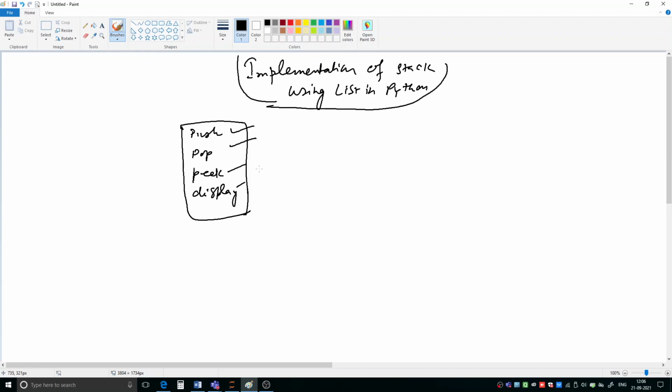And after completing all these separately, we will be doing one complete program that will be the menu driven program, where in one program we will implement all these operations based on choice of the user. Okay. So first let us start with push operation. How to do push operation? For push operation we will be taking append method of list. Okay. So let us move to the programming section directly, and there we will be discussing all these things.